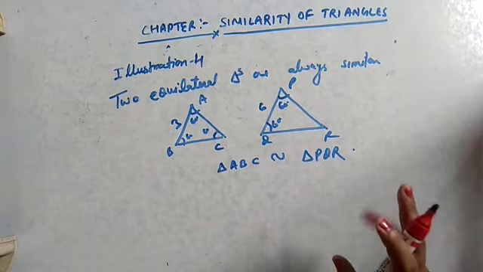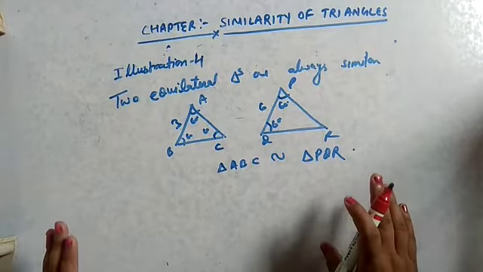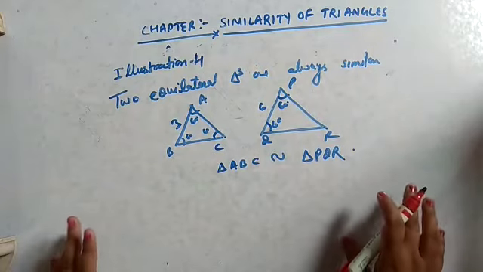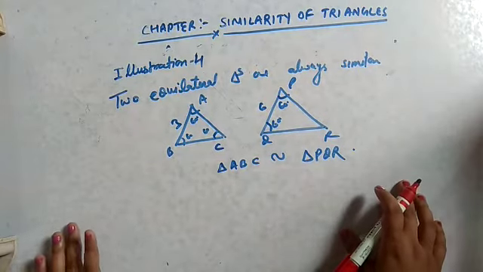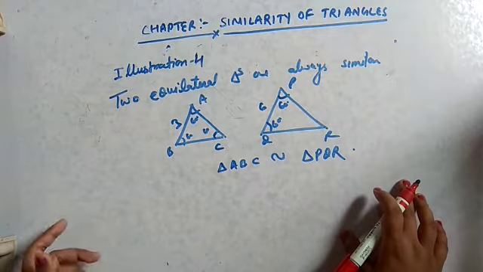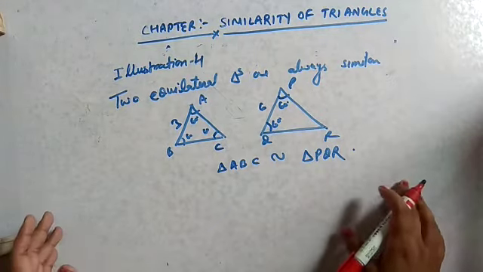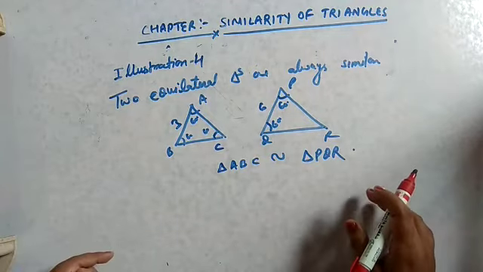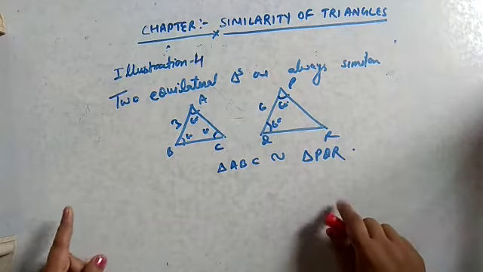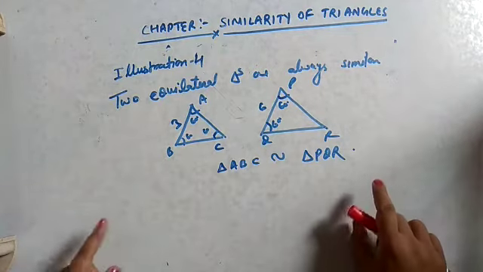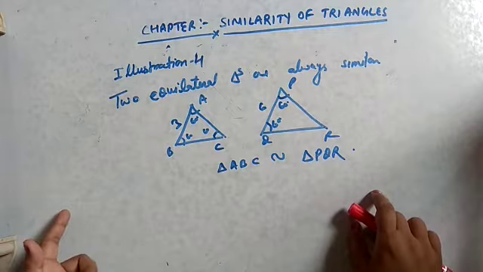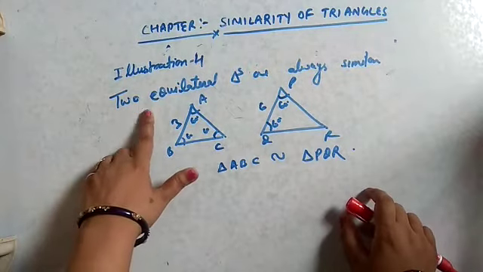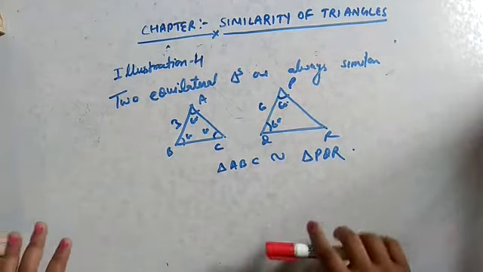So this is all about the basics of this chapter, how we can identify whether the figures are similar or not. But dear student, in case of triangles, it's not always true that if we take two triangles of any type they are similar to each other. To make them similar, we have some criteria. So we will discuss that criteria first. Then only with the help of that criteria, we can say whether the triangles are similar or not. This is only for equilateral triangles, that equilateral triangles are always similar.